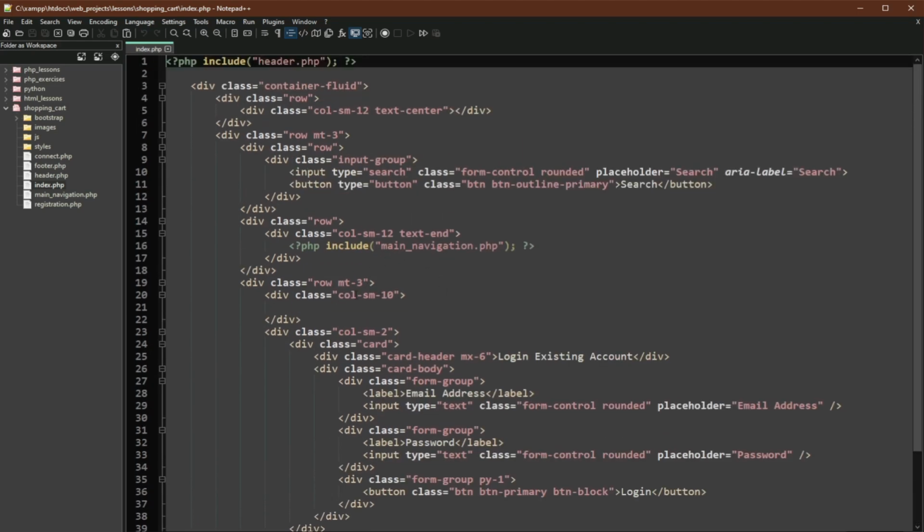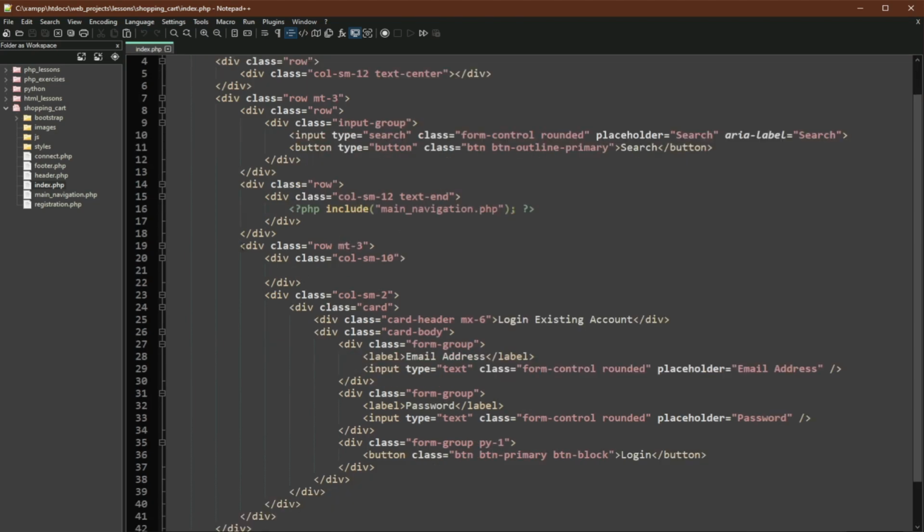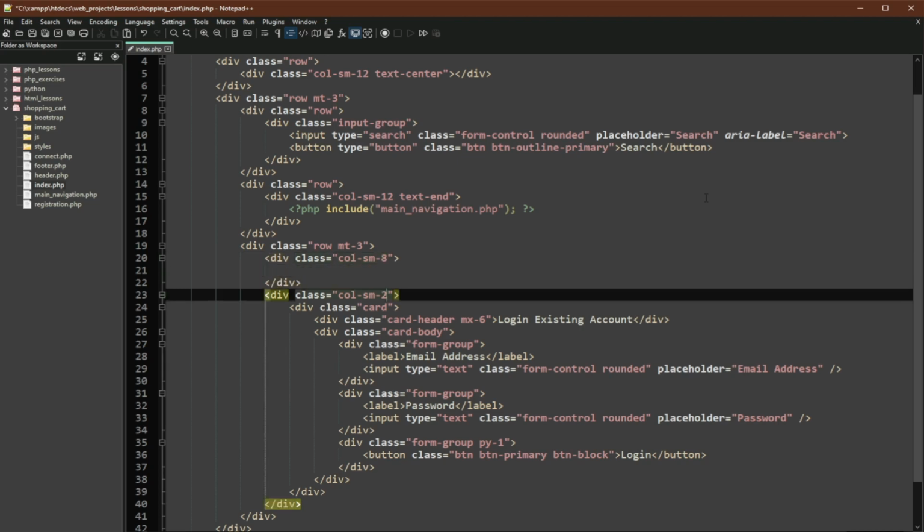So we have here column SM10. This means that since the total column is only 12, the maximum, by the way, is column SM12, and we have made it here a 10 and 2. Let's try to change this one. Let's make it, for example, 8, and this one